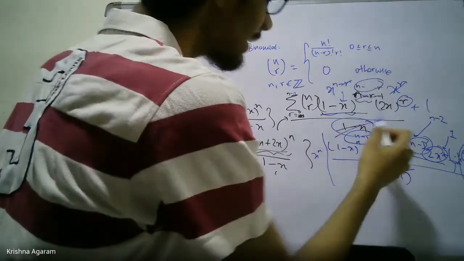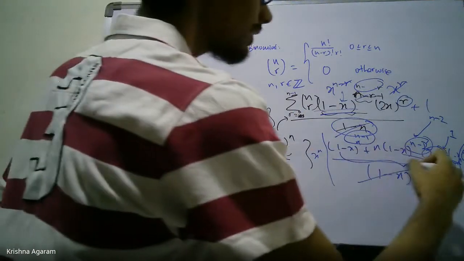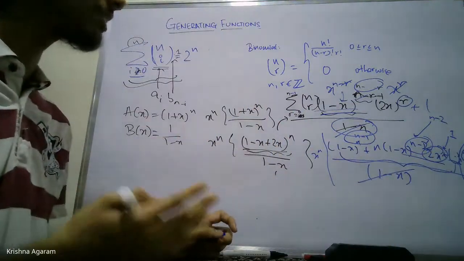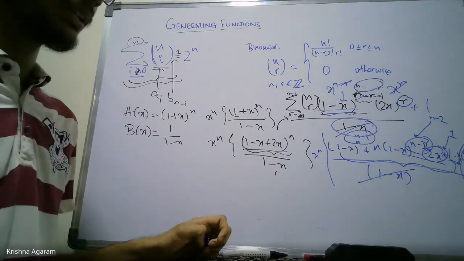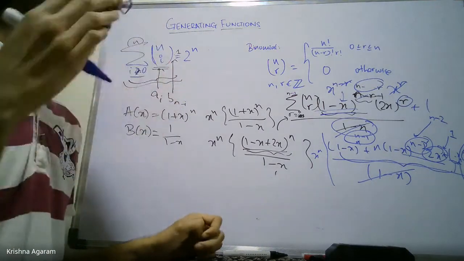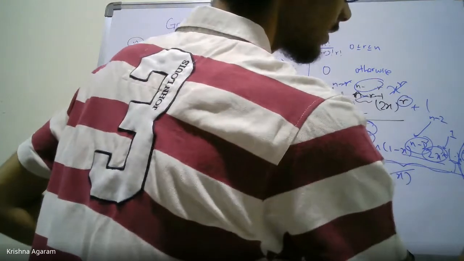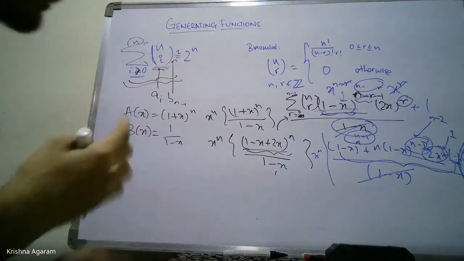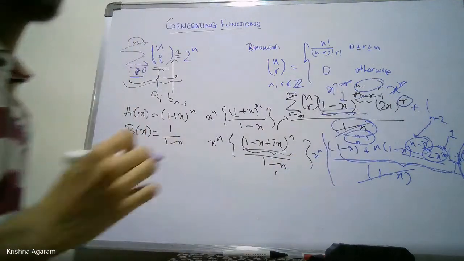But when you divide it by 1 minus x, you took off a 1 minus x factor, so all of these become only x^(n-1). I mean, they have powers of x only up to x^(n-1). And this term, where the 1 minus x didn't cancel, we have to focus on now. So I assume that's clear?